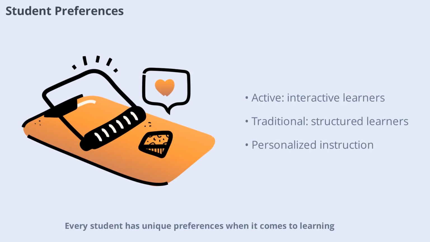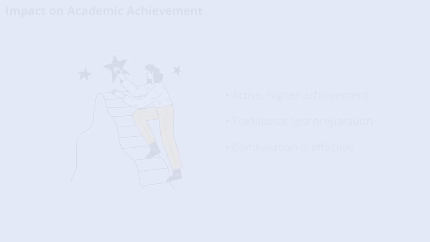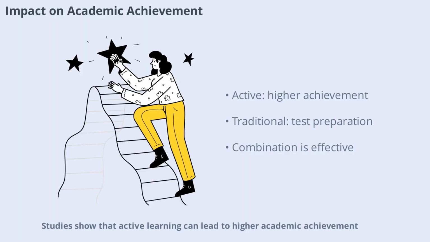Every student has unique preferences when it comes to learning. Some thrive in active, interactive environments, while others prefer the predictability and clarity of traditional instruction. Understanding these preferences can help teachers design lessons that meet the needs of all learners and foster a positive classroom atmosphere. Studies show that active learning can lead to higher academic achievement,